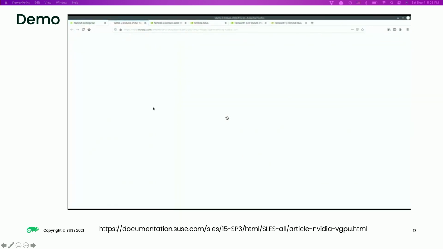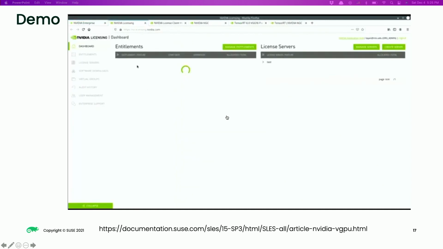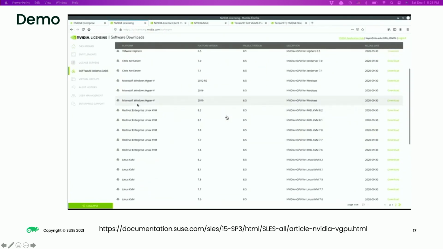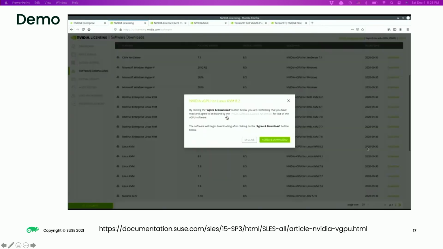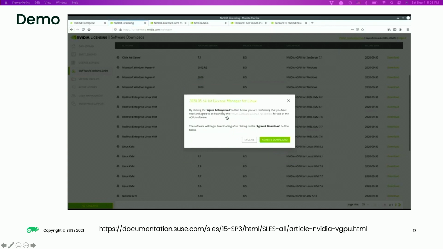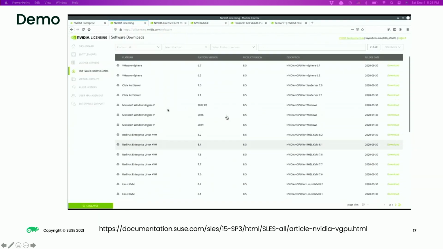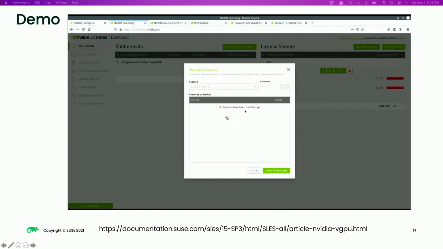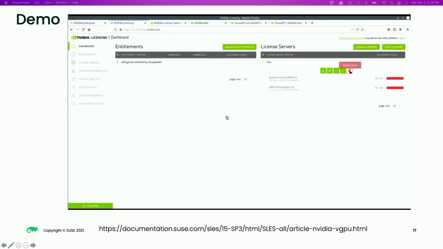It's not open source, sadly. During the preparation, you need to go to the NVIDIA website. You need to register an account and get a license. You can get a 3-month trial license there. You need to download the vGPU manager from their side and install it on your host. You also need to set up a license server. Basically, you need to get a license from their side, generate a license bin file, and then you create a local license server.